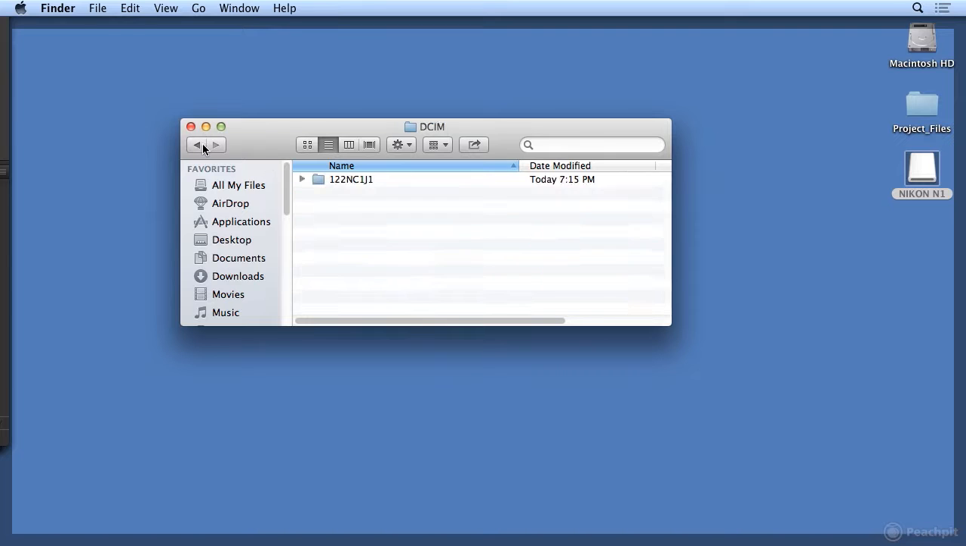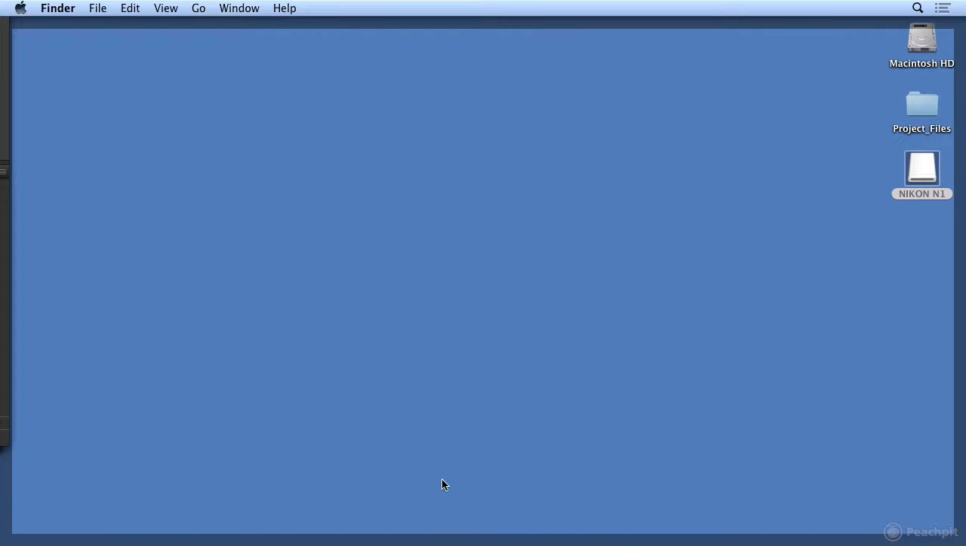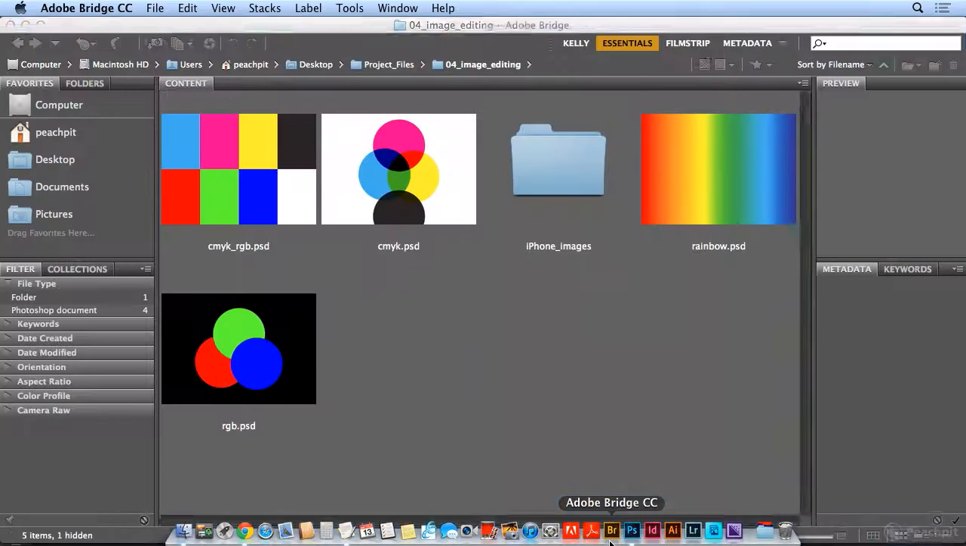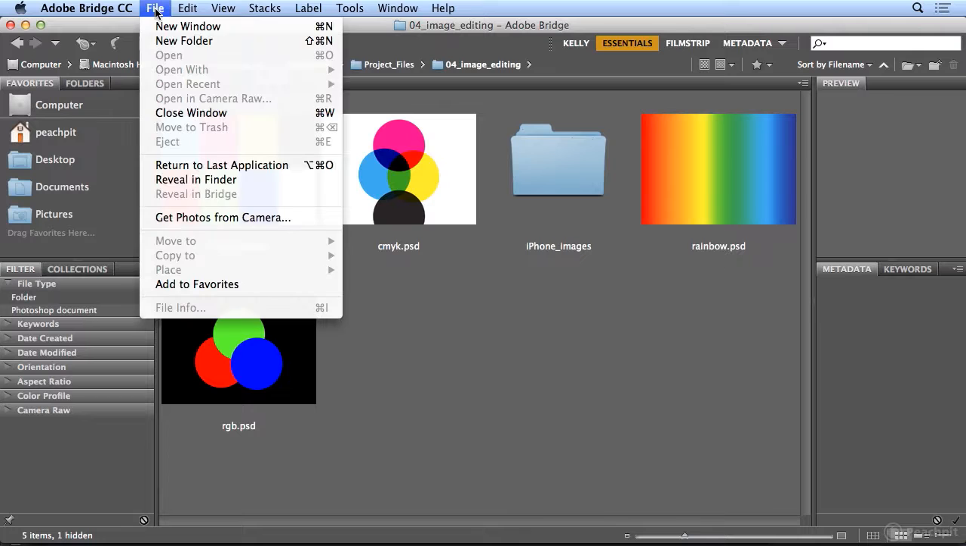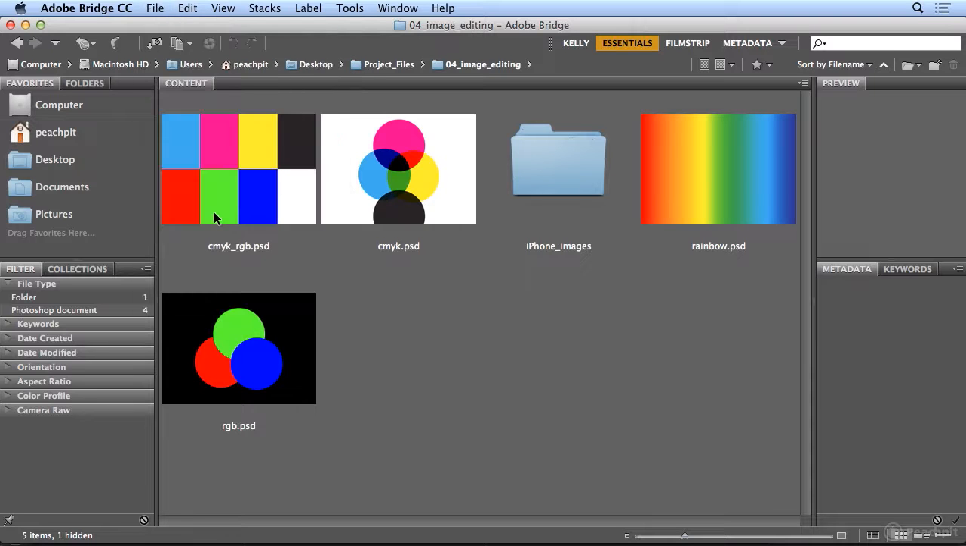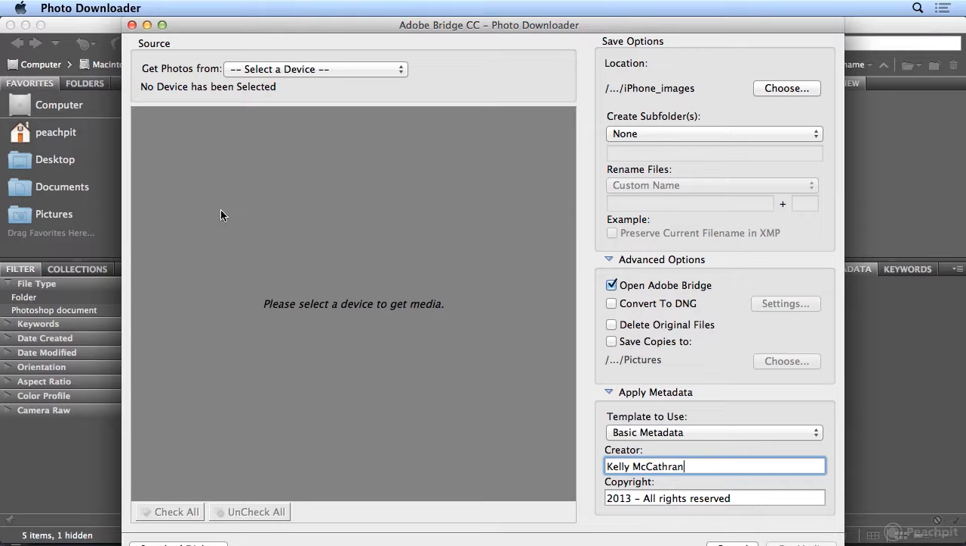Now, if I were to go back, I could simply drag this folder to the desktop and then rename them through Bridge and add metadata through Bridge, extra data about the file stored in the file. But I'd like Bridge to do all the work for me at once. So if I come back down to Adobe Bridge and choose File, Get Photos from Camera,